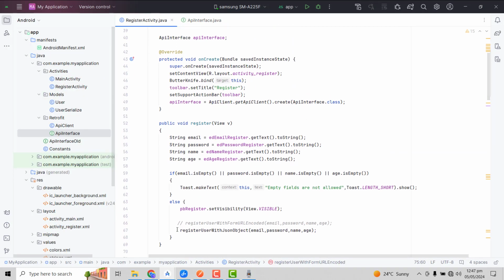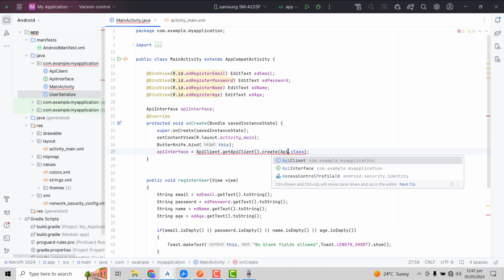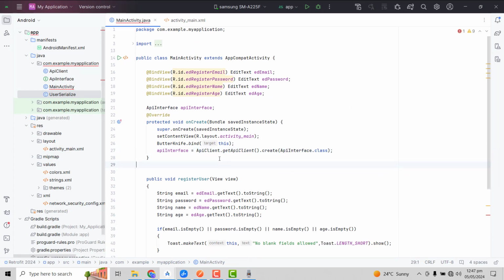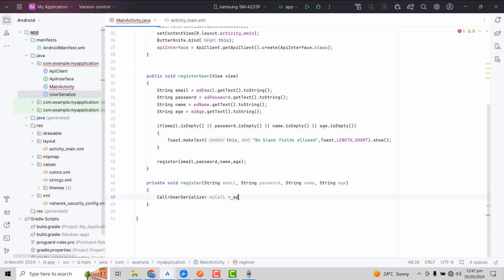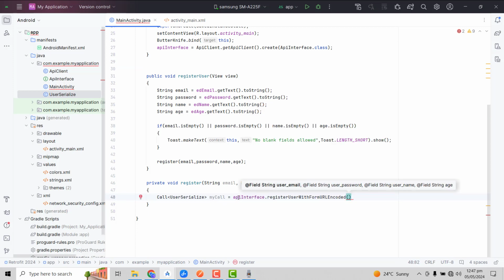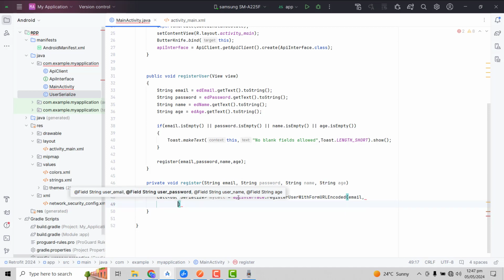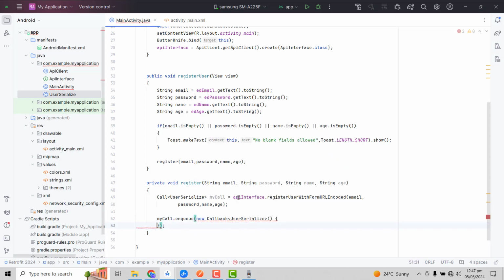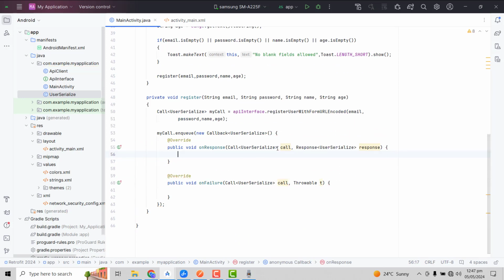Okay, so it's showing me an error. Let me see what, okay, API interface dot class. Okay, so here we have to write API interface dot class. So here we have this function. Now we can easily use API interface dot register with this, and here only we have to write the parameters. We have email, we have the password, we have the name, and we have age, right? And we can use mycall.enqueue, and we have to use the callback, and here after this let me just click on alt enter, annotate parameter call as non-null, similarly for the response here and as well as here,